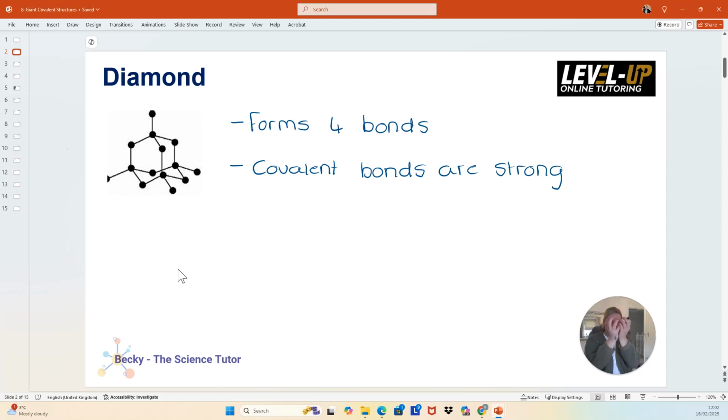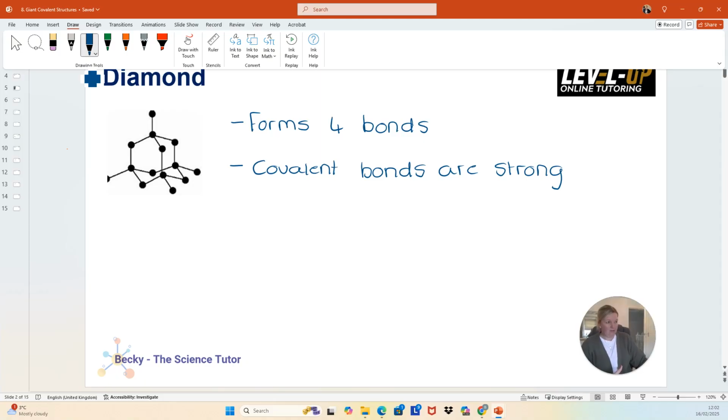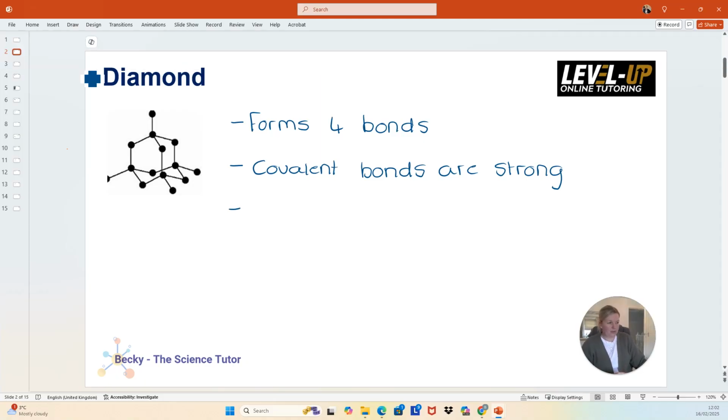So if you can imagine this structure growing, we've only got a very small section there, but if you imagine how big this structure is, and we've got 4 carbon atoms, 4 covalent bonds per carbon atom, that leads to an incredibly strong structure. And diamond is one of the hardest known substances. So because of these 4 strong covalent bonds, that is what makes it have such a hard property. And because it's hard, and we could also say here, I'm going to put hard / high melting point,